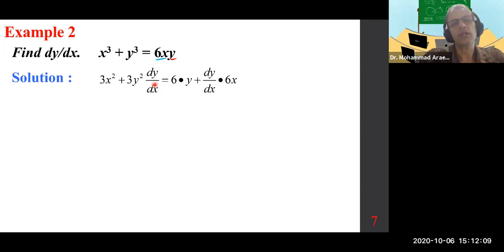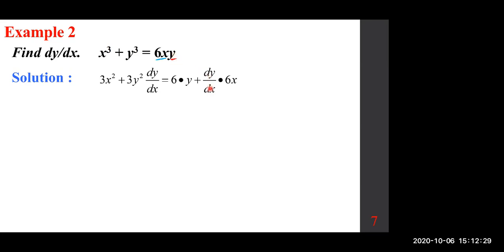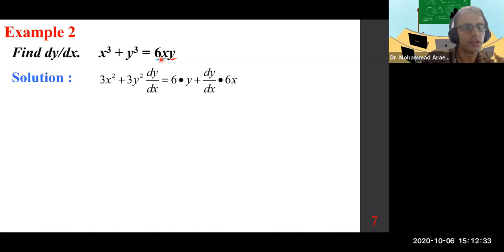Now, when you look at this part, you can keep the 6 out as a multiplier or just get it involved with one of them. Either way makes no difference. And I'll show you that in a moment also. So if you get it involved with x, then the derivative of that one becomes 6 times y by the product rule, and the derivative of y is y prime or dy dx by 6x. If you want to go that route, by the way, just in case, because I've discussed that before,